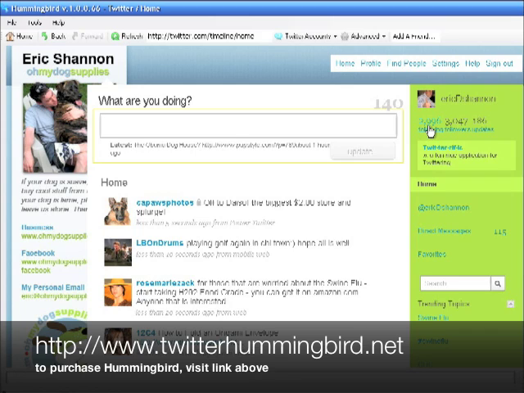I'm about to show you the protected VIP section, but the other thing I didn't mention is I don't have 10,000 followers because I'm really not that aggressive with Twitter. But if you do, you probably know that Twitter Karma is not going to work anyway, because when you have that many followers, the Twitter API just isn't going to want to handle that. So Twitter Karma will gum up and just not even come close to working. So that is how you do a mass unfollow with Hummingbird.